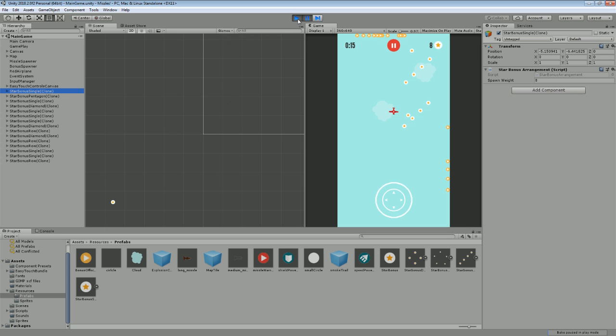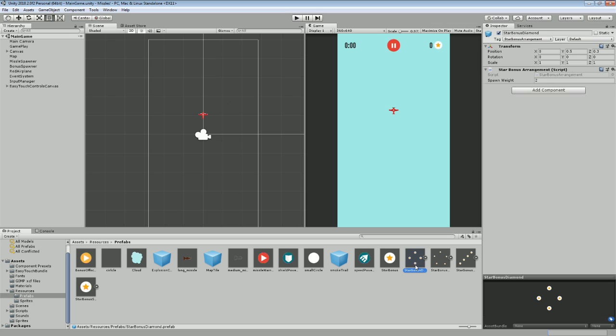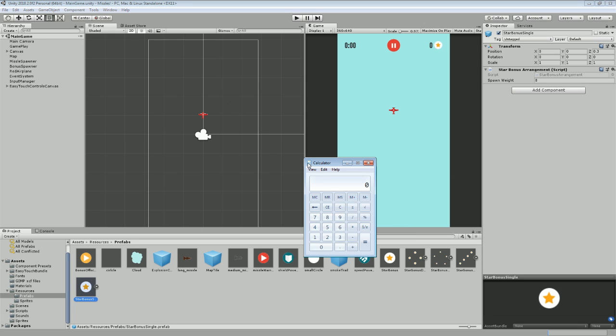And does that make sense? Kind of, because the total spawn weight is 2, 3, 5, 13. Now 8's not exactly half of 13, but that was a pretty small sample set. Chances are, if we let that run for an hour and then calculated how many singles had dropped, it would be somewhere right around 61 or 62, 61.5% of them, because it's 8 out of 13 on my